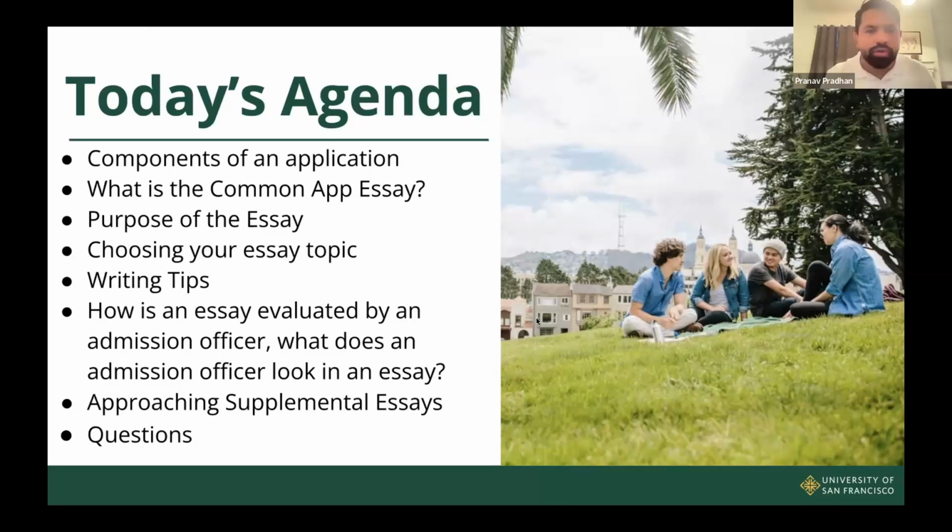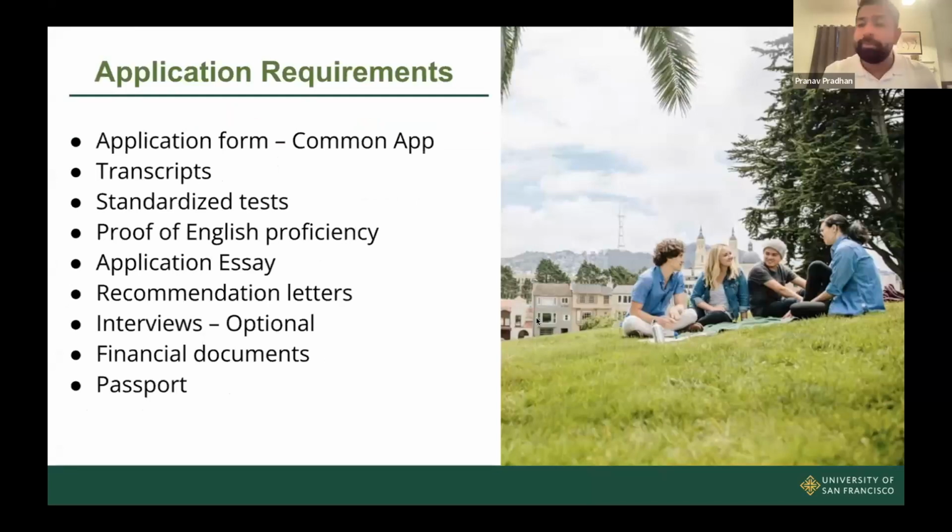So the first thing before I jump into the conversation, I know you all have just finished a session on the Common App. Usually when you are about to start your application, you are going to submit a lot of information to the universities. You're going to be submitting an application form. Usually the application forms are extremely comprehensive. You are submitting educational background, family background, extracurricular activities, additional information, supplemental questions. So the application forms really ask a lot of information.